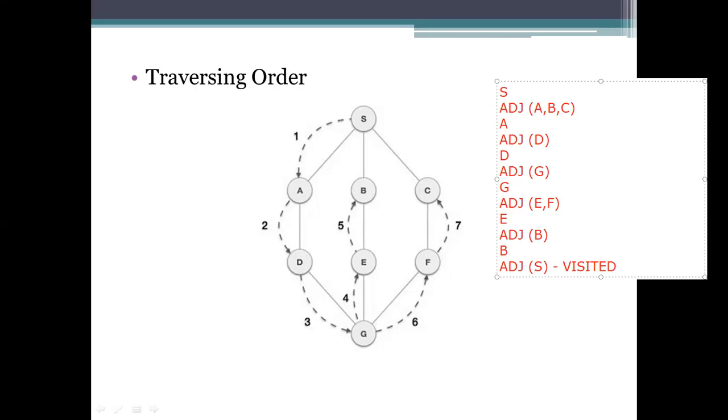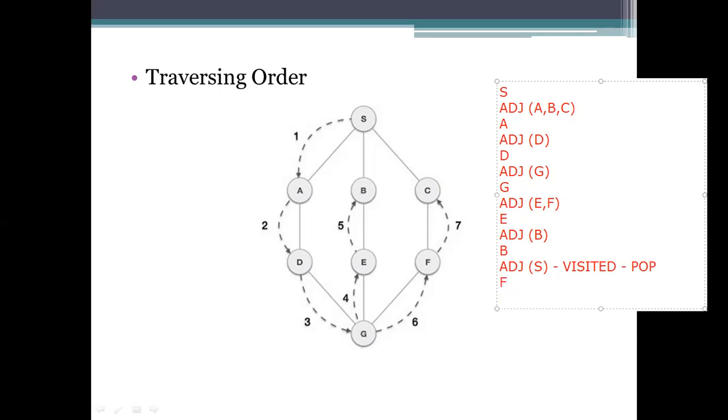We need to pop the data of B, and we need to traverse back. So that way we traverse back and reach G. G is having another adjacent node, which is F.